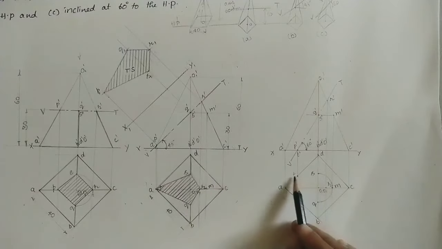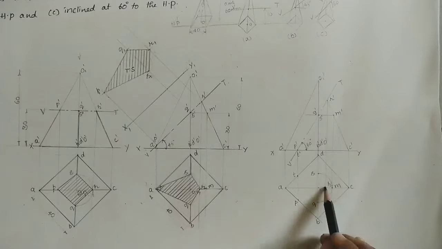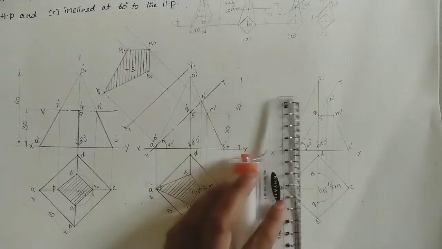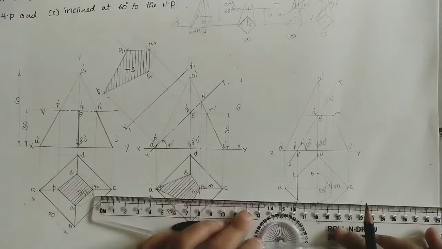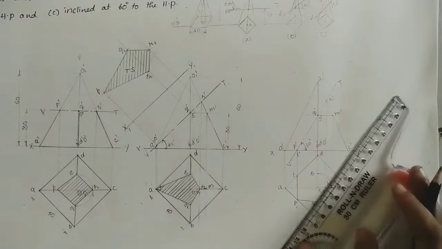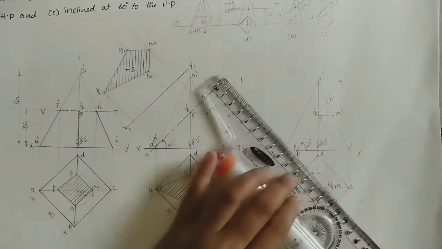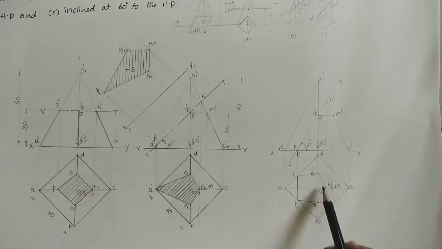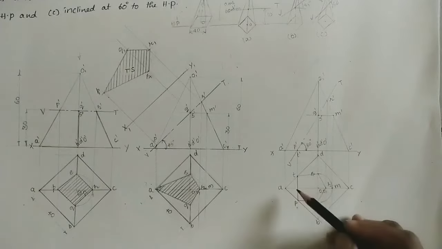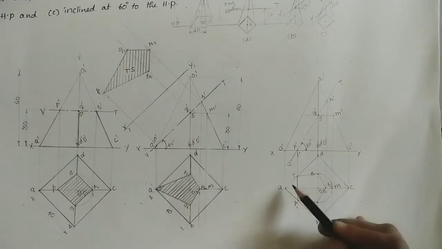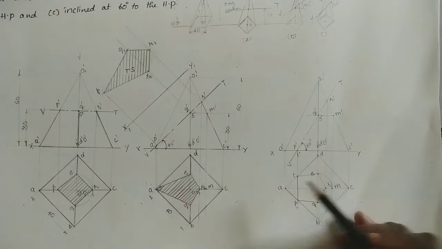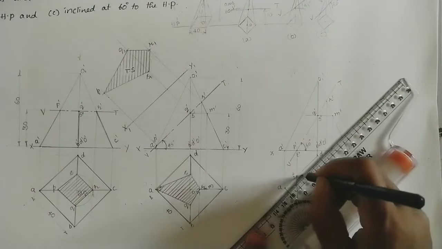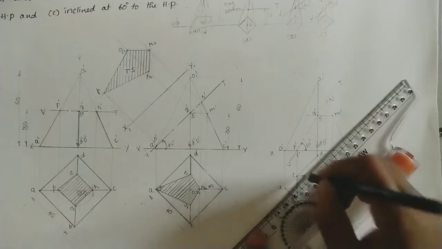Join all these points in the top view, P, Q, R, S, T, by using scale. After joining all these points, we got this shape. Now here make this a hatch section. For doing it, take the 45 degrees line. Already we took 45 degrees line here. Take this as the reference line, and here do the lines at equal distance.